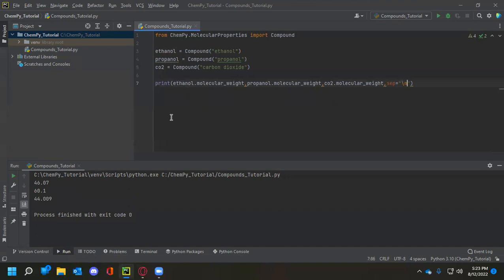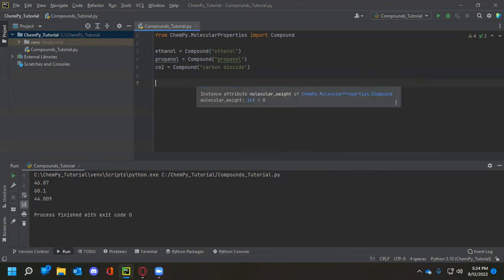So let it run for a bit. You get 46.07 for molecular weight, 60.1, 44.009 for carbon dioxide. Although they don't have any units with them, they are all in grams per mole. So now that we have an understanding of how to use ethanol, propanol, and carbon dioxide, our next